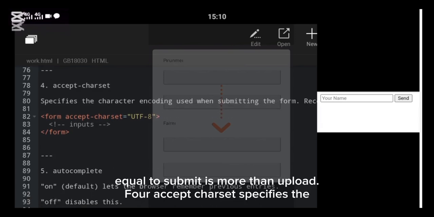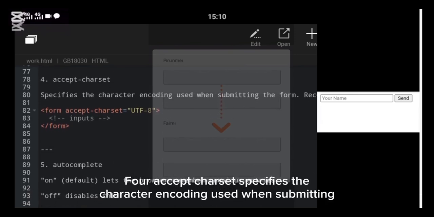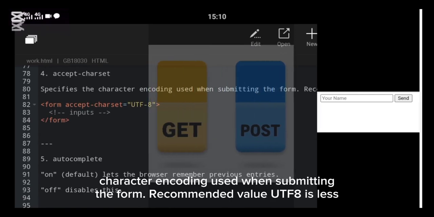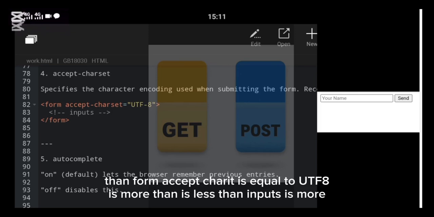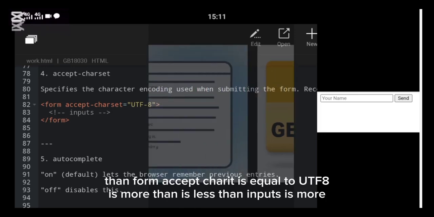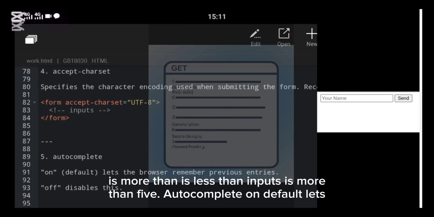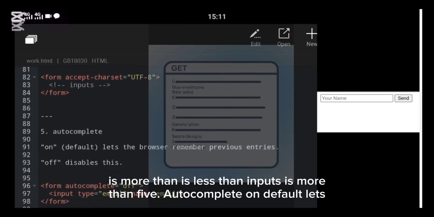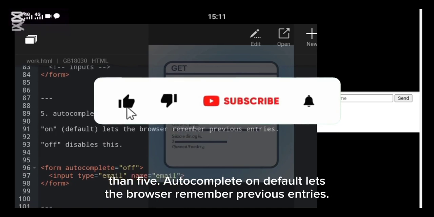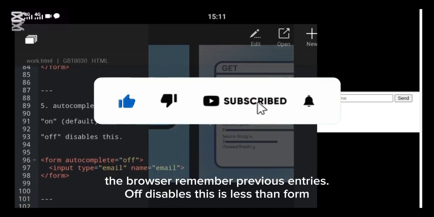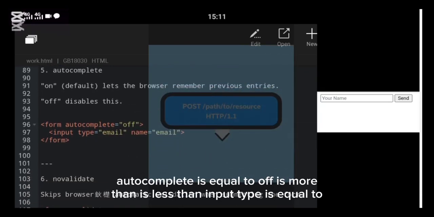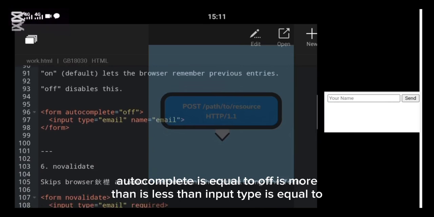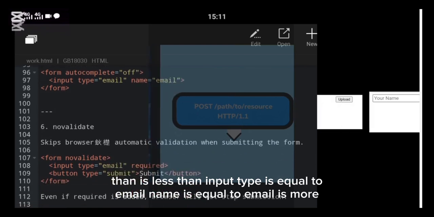4. Accept-charset. Specifies the character encoding used when submitting the form. Recommended value: UTF-8. <form accept-charset="UTF-8"> <inputs> 5. Autocomplete. On, the default, lets the browser remember previous entries. Off disables this. <form autocomplete="off"> <input type="email" name="email">